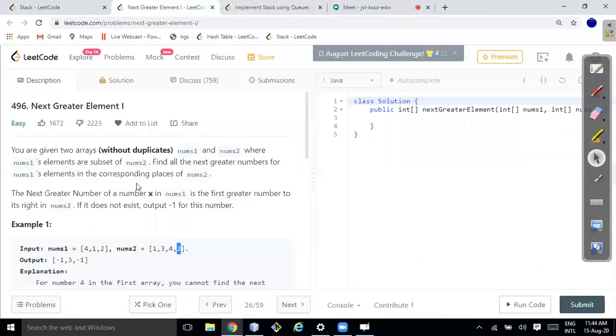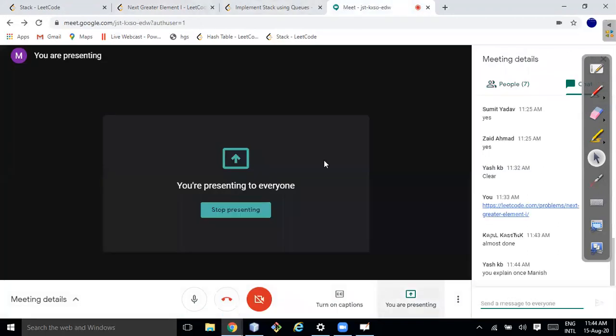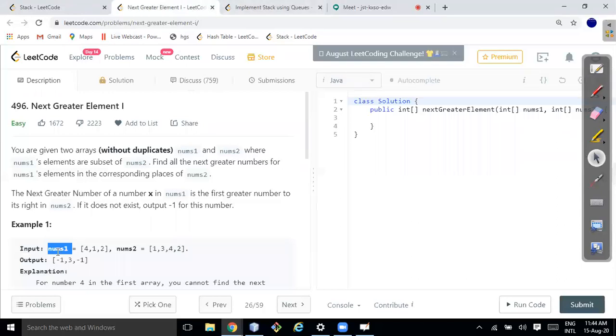Okay, so what I have explained earlier and this problem is a bit different. It is saying nums1 is a subset of this one. So if I get the corresponding value of the greater number from here, then we can get the result for this one because this is a subset, right? So I'll just fetch it.